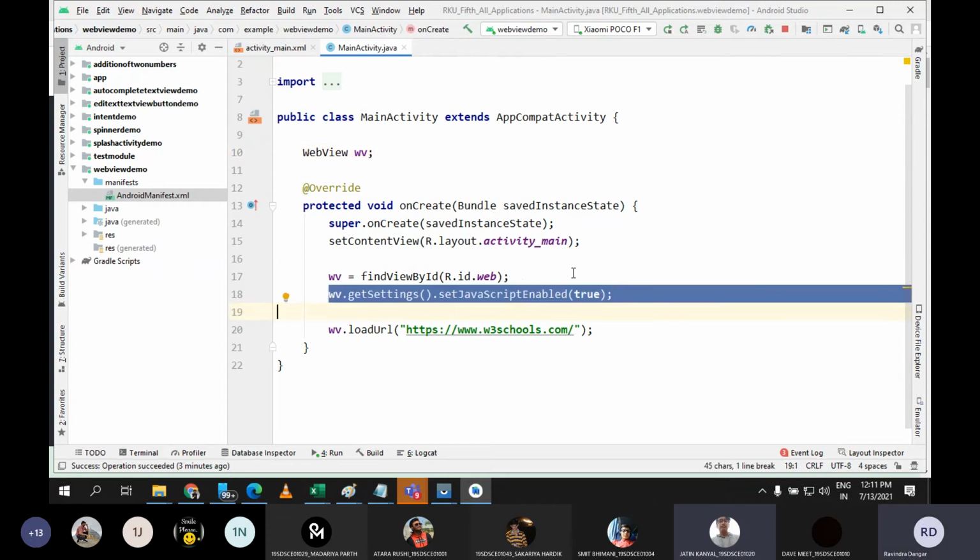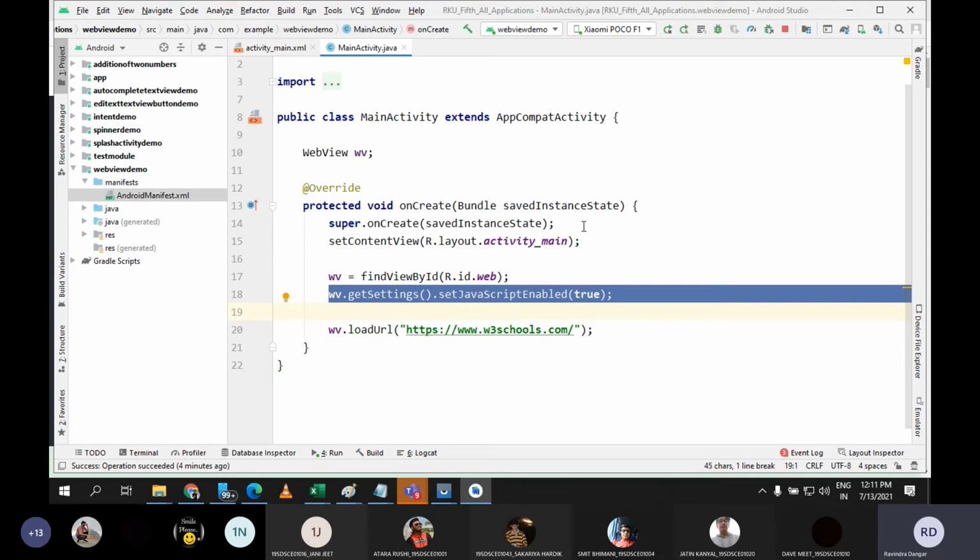Yeah, see, this is the method setJavaScriptEnabled. If you have gone through any website where JavaScript is enabled, in many of the websites the people have enabled the JavaScript so that you cannot copy the things from that website. You cannot even download the things, and they have done their own settings. So for those websites, if you want to load your web page inside your activity, inside your WebView, if you don't set this JavaScript option as true, then you will not be able to load that web page inside your WebView.